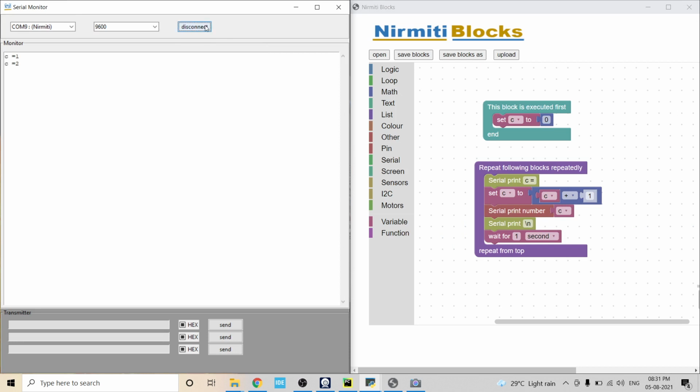Okay, it is now connected. So we can see "value of c equal to", then c is incremented, then printed 1 2 3 4. We can receive the same values on the Bluetooth on mobile. So now we will see how to configure that.